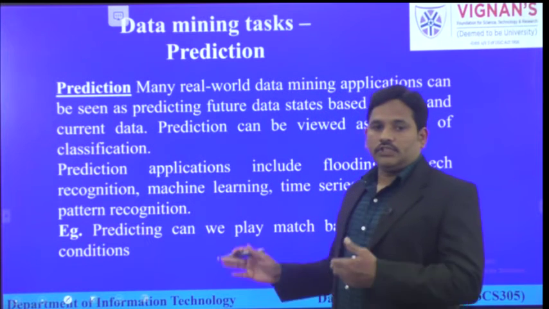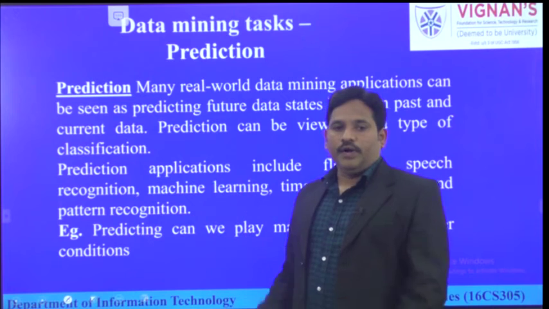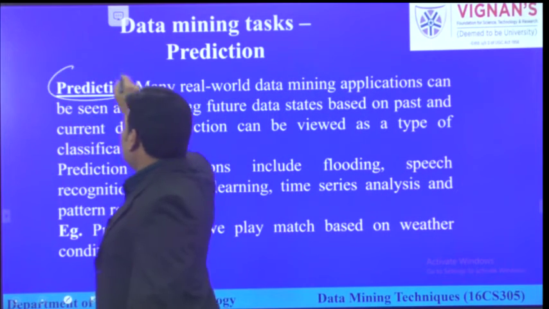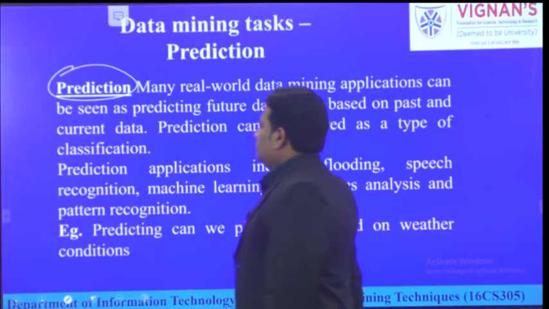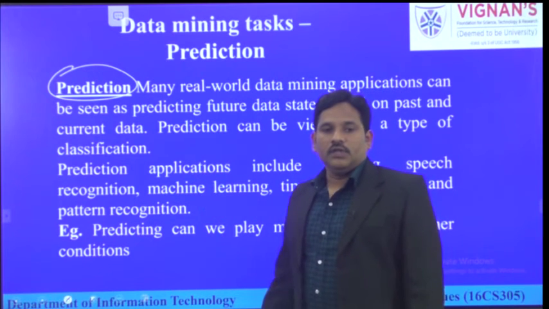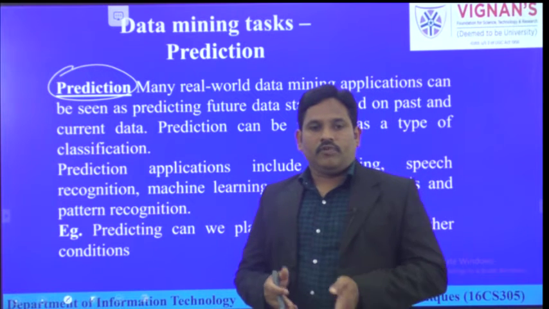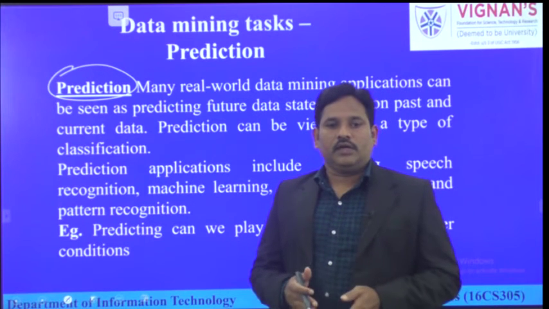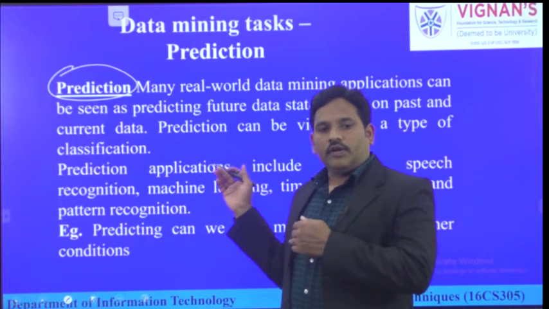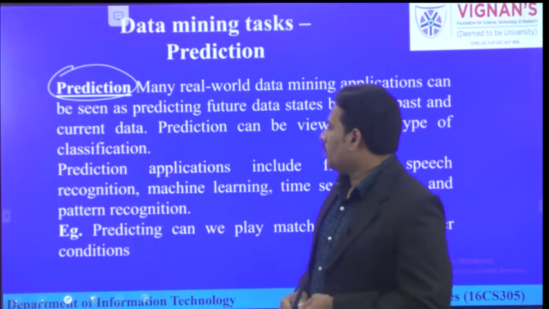Now, one more application or type of predictive modeling is prediction. The name itself indicates that we are going to predict something. What is the difference between numeric regression and prediction? Regression will work only for numerical data. When our input data is completely numeric or integer-valued, we can apply regression. For all types of data, we can apply prediction.